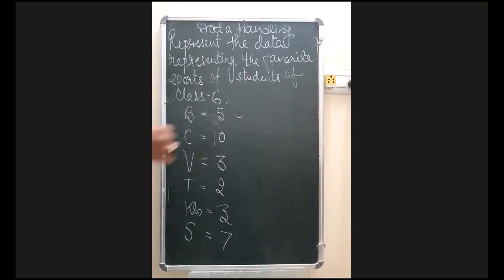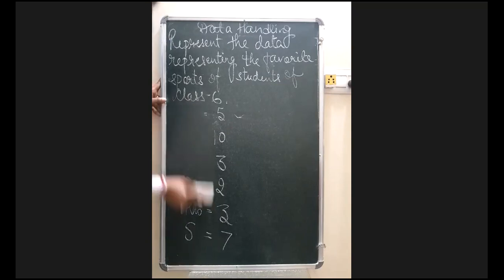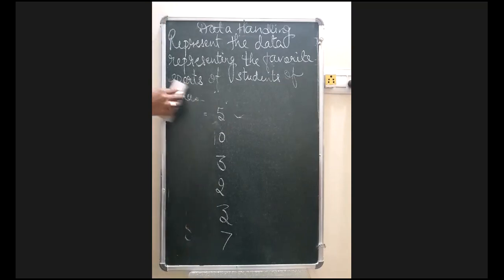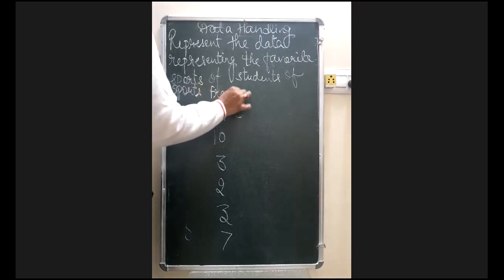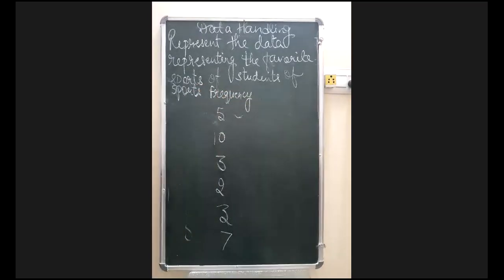Okay? So now I will be including the columns. सबसे पहले यहाँ पर रहेगा ये वाला column, हम नहीं हटाएंगे. ठीक है? I'm just removing this one. Now my first heading will be the sports. The second one will be frequency. इसको हम बोलते हैं बेटा frequency. Frequency means how many people like this one. ठीक है? So we'll write it down.